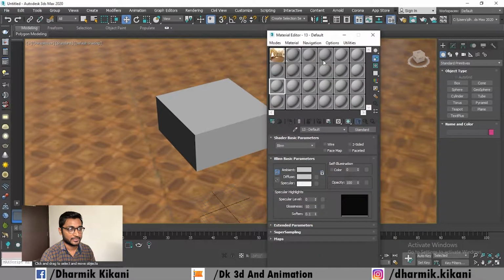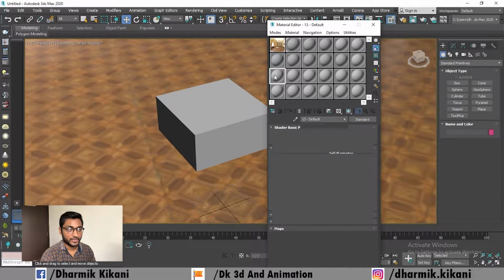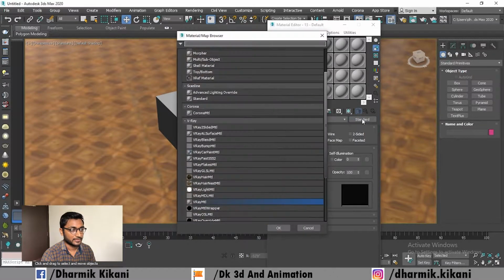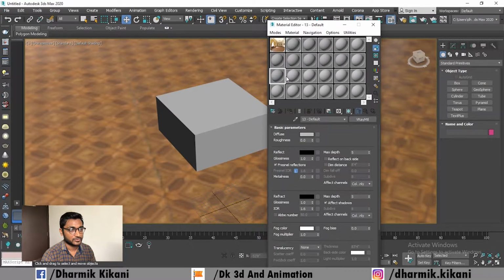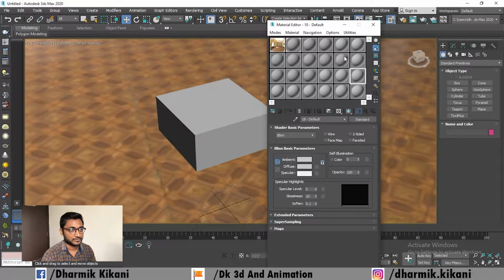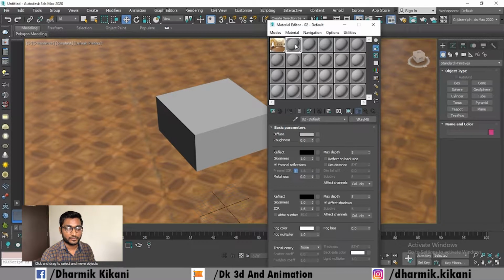You get the material editor, and these are the 24 different materials you can add at the same time. When you use V-Ray, at that time you need to go to standard and take V-Ray material. Simply click here, and you can see that V-Ray material is here. You also need to drag and drop for all materials because these are all standard materials. So you can add more when you need more than 24. Now, how can you get the material?